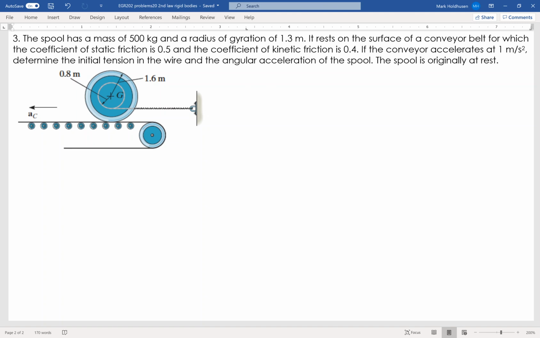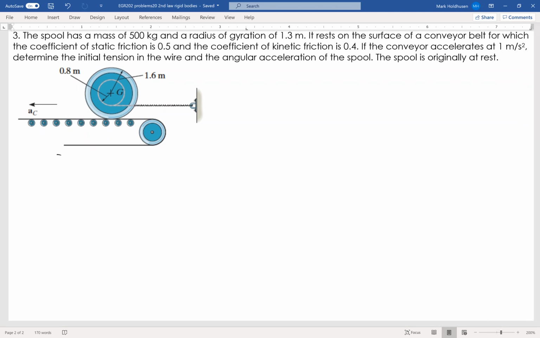Yeah, so let's do that, okay? And the angular acceleration of the spool. So, of course, we're going to start with a free body diagram, as we always do. Okay, so we're going to take our spool, draw it here like this,